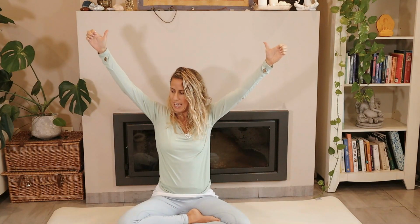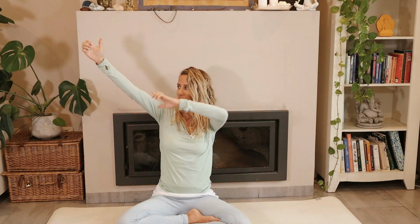Tuck the chin in slightly like you're subtly bowing your head to your heart. And curl the fingers into the pads of the palms. So curl all the fingers except for the thumbs and press the fingertips at the pads of the palms. So you really engage the arms, the energy in the arms here. Make sure not to have any bend in the elbows to allow the energy to flow freely through the joints,